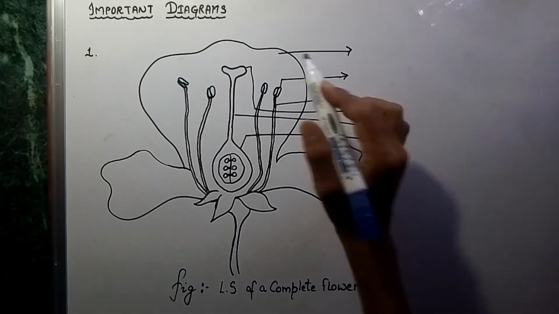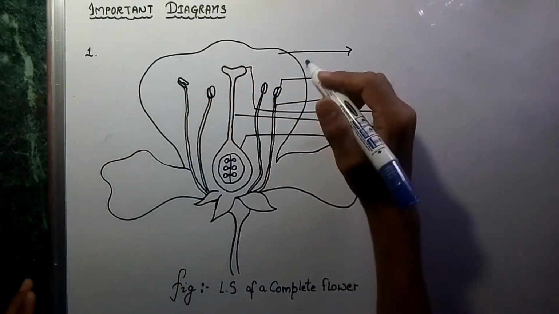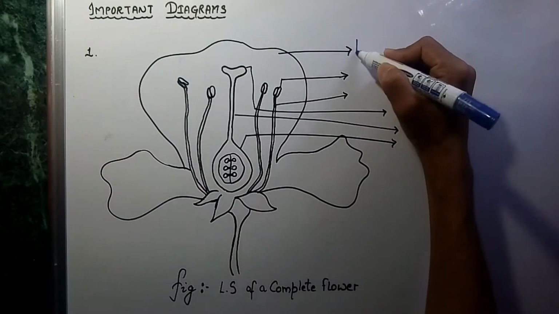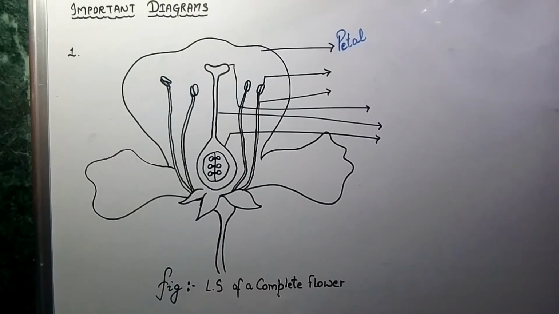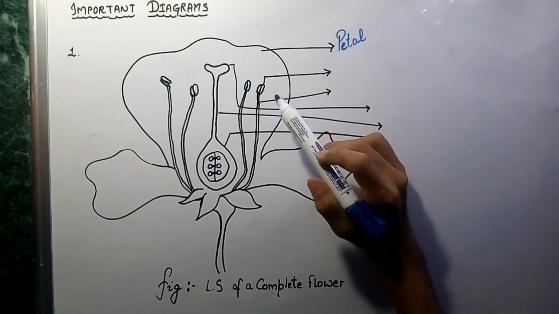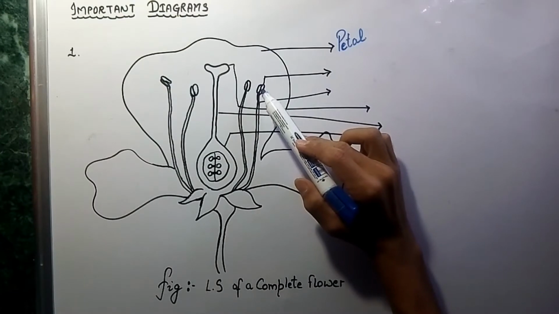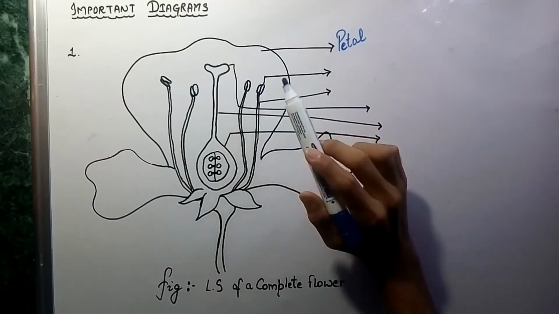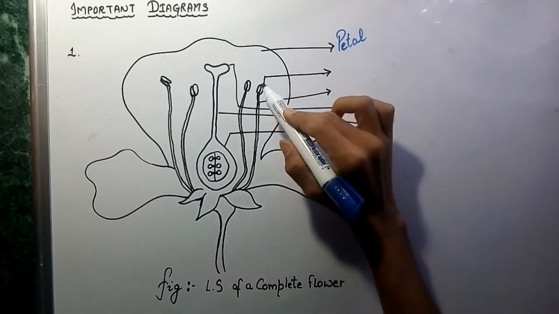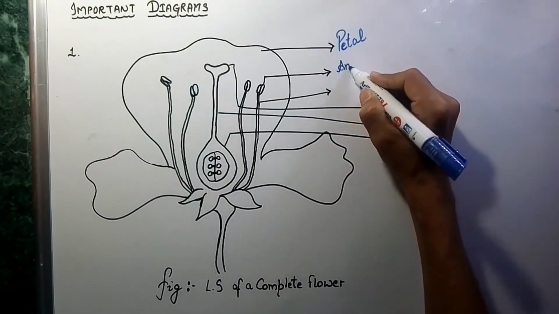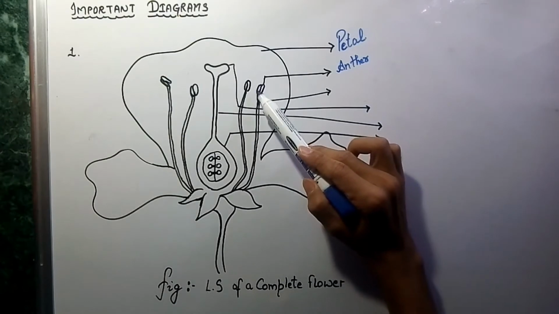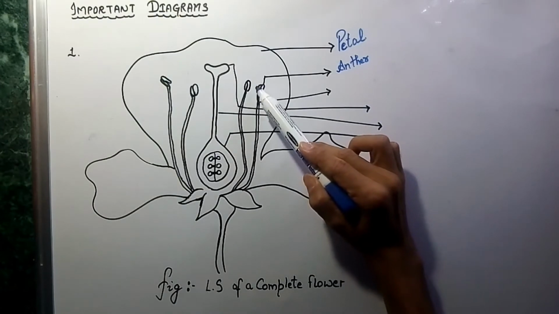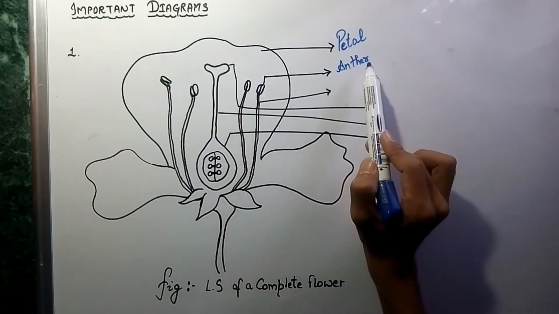We know that the color part of a flower is known as our petals. The male reproductive unit actually consists of two parts. The very first part is our anther. What's the definition of anther here? Anther is actually a terminal bilobed structure. It has the bilobed structure and hence it's known as an anther.